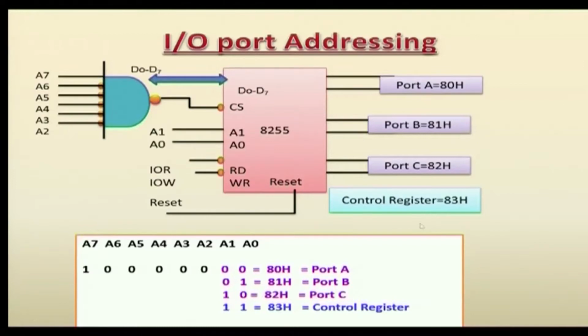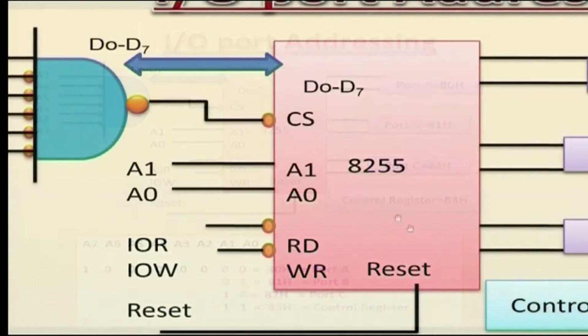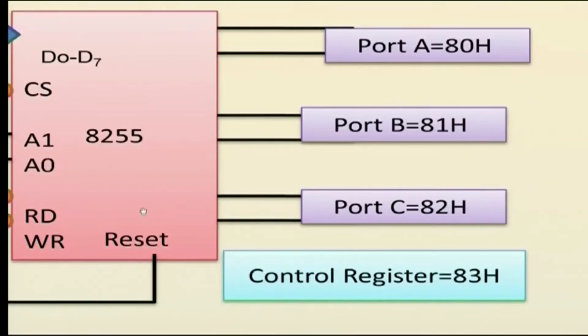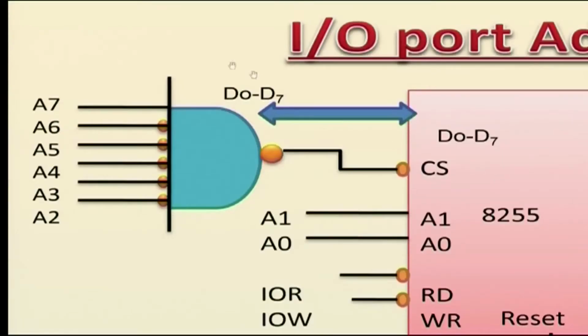This diagram shows how 8255 is interfaced with the microprocessor. 8255, we have discussed, has 5-6 control signals. CS bar is used to select the chip, A1 and A0 are used to decode the addresses of ports, read bar and write bar are used for in and out operations, then reset is used to reset the control register. Then it has 3 ports, port A, port B, port C along with the control register. Then D0 to D7 for transferring the data.